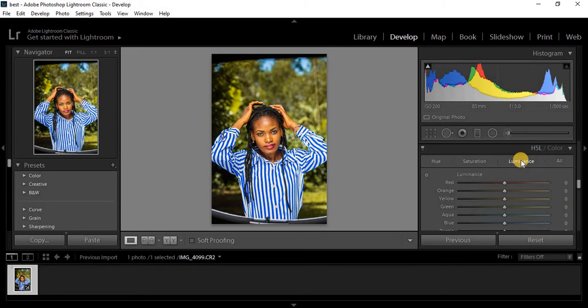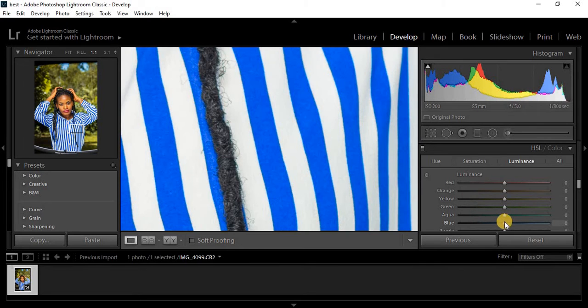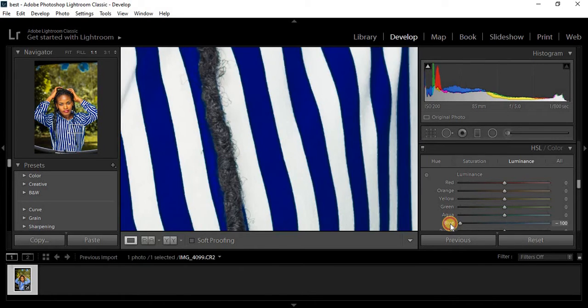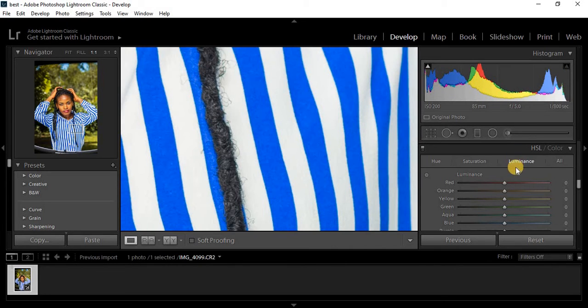Then we have the luminance option, and the luminance either adds lightness to that particular color, or it darkens a particular color in the image. So if, for example, I take the blues in the image, I'm going to just zoom in for purposes of understanding this quite well. If I turn the blues down, you can see it has darkened the blues in the image, and if I turn it up, you can see it has lightened the blues in the image. So that is what the luminance option does when you're trying to play around with your hue, saturation, and luminance option in